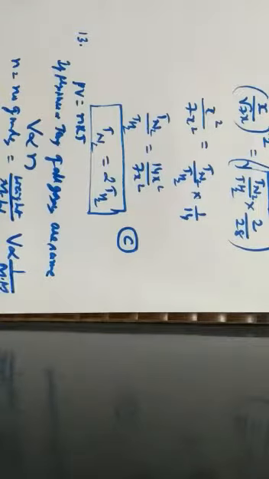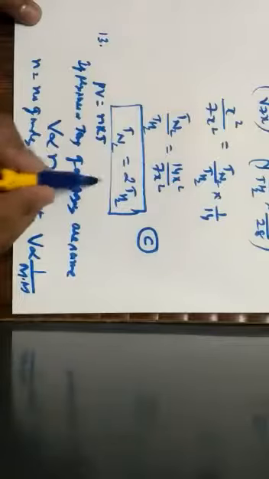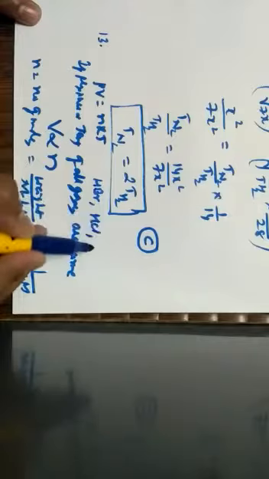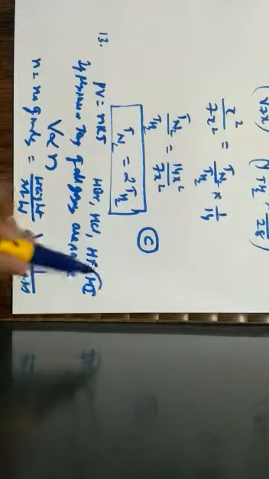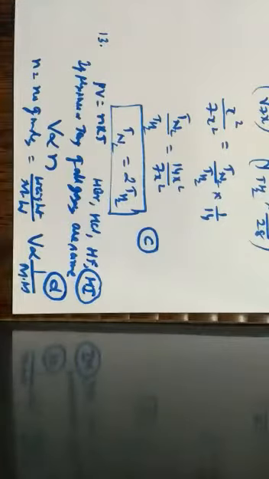So when volume is inversely proportional to molecular mass, from the options we can clearly understand that HI has more molecular weight than the remaining gases. Hence, its volume will be the least. When we compare the options, that is HBr, HCl, HF as well as HI, the molecular mass with reference to HI will be maximum. If the molecular mass is maximum, volume will be minimum. Hence, the correct option is option D, that is HI.